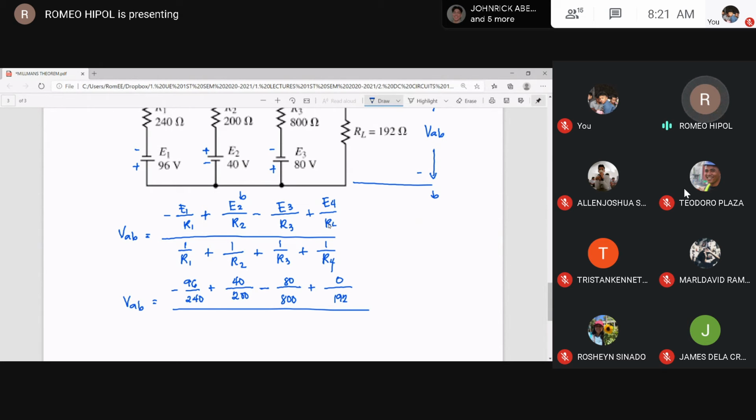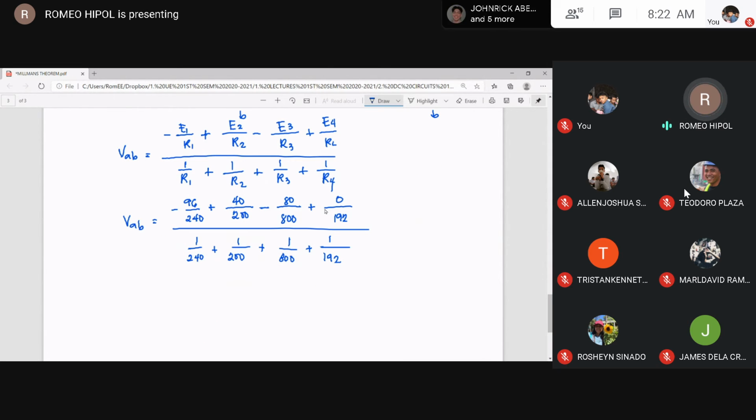So overall, divided by the total conductances: 1 over 240 ohm plus 1 over 200 plus 1 over 800 ohm plus 1 over 192. So the terminal voltage is equivalent to